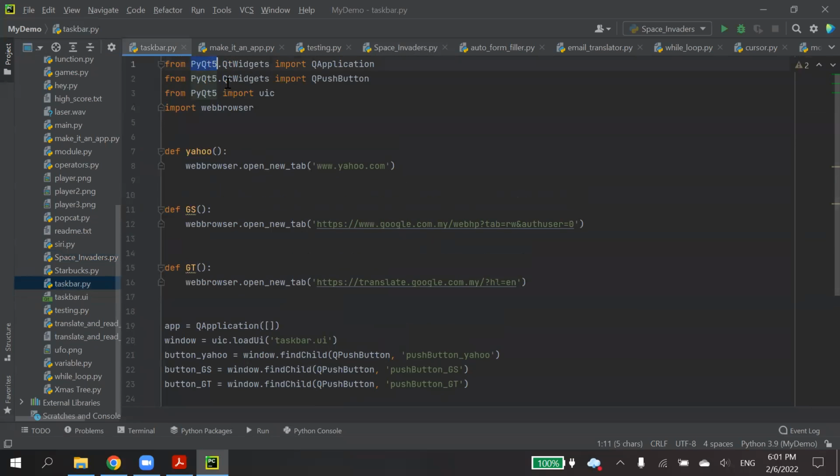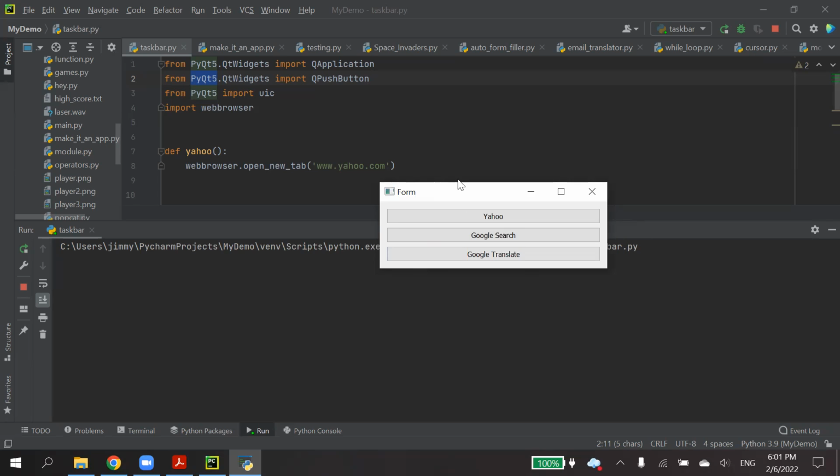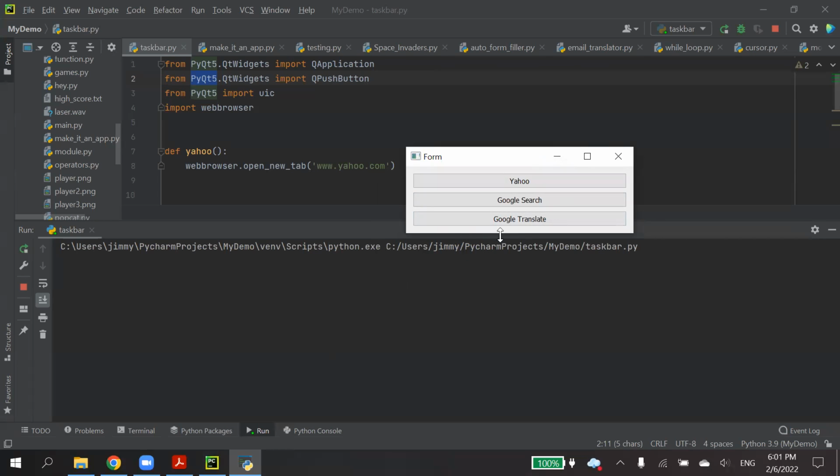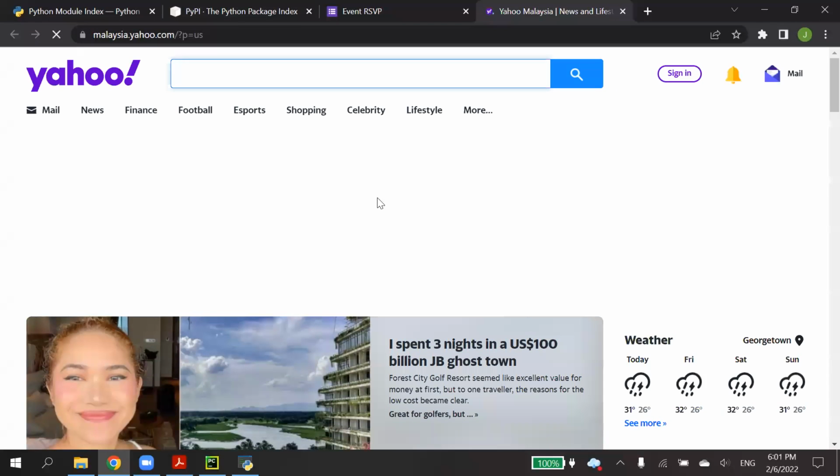For example, we have PyQt5. PyQt5 can help you make a real GUI. For example, this is a GUI I just created. This GUI has a few buttons. You can have buttons, input, and output. Let's say I click Yahoo, it will open up yahoo.com.